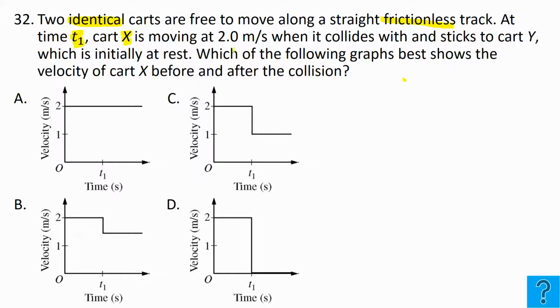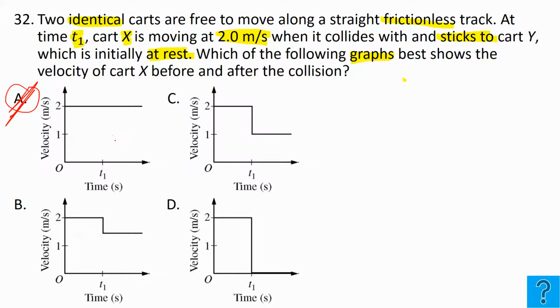Our first cart is moving, and it collides with and sticks to another cart, which means we have an inelastic collision. That other cart is initially at rest, which means that it is not going to have any beginning momentum, and we are looking for the graph that fits this best. So it should be fairly obvious that A is not the answer,